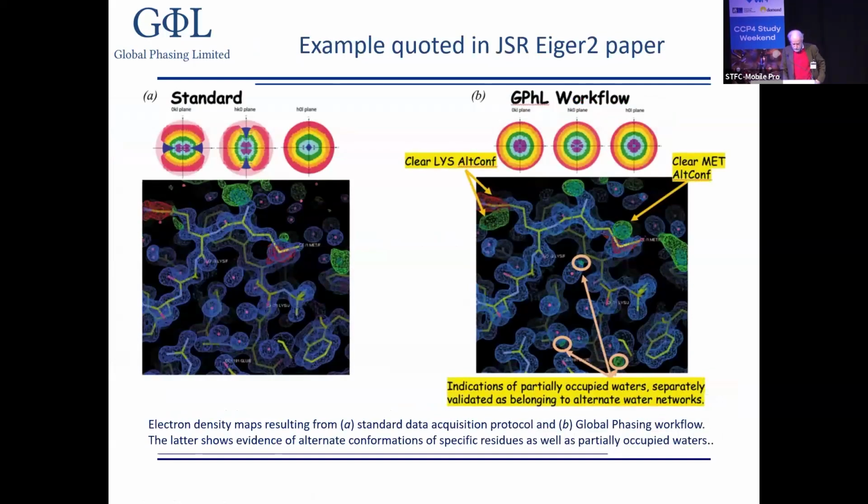So in that paper, an example is quoted based on the data set collected with our workflow by the group of Ashwin Chari, a structural enzymology group in Göttingen, who works very closely with Gleb on this and collects gigantic amounts of data. So in this case, he compared a data set collected with what was their standard way of collecting before the workflow was installed. And as you can see, with a dose of 1.5 megagray, I think,